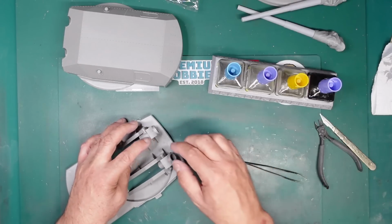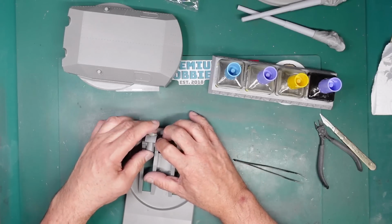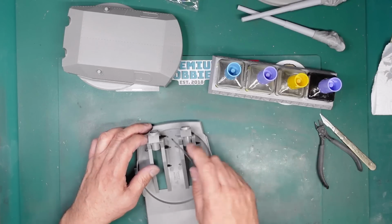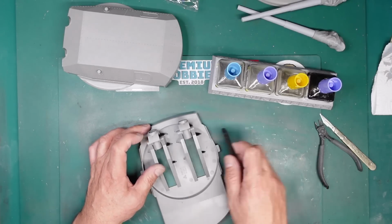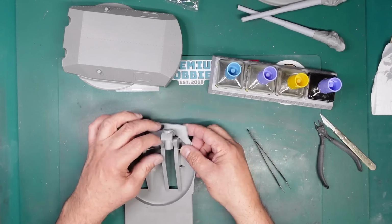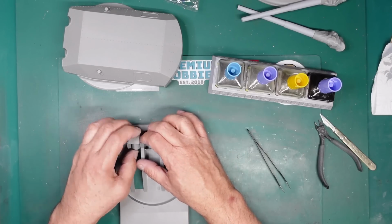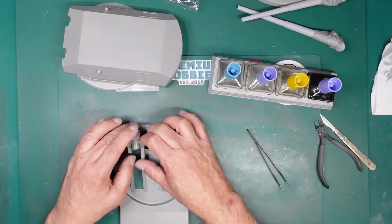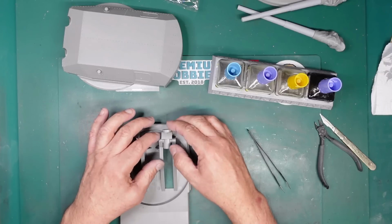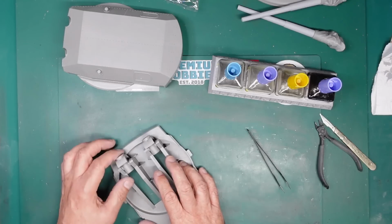If you haven't seen my Yamato build, turret build, then go and take a look, as I had a bit of a nightmare come the end because these things were a pain. So there we go. Right. Just keep doing that, the glue will let go. Okay, so